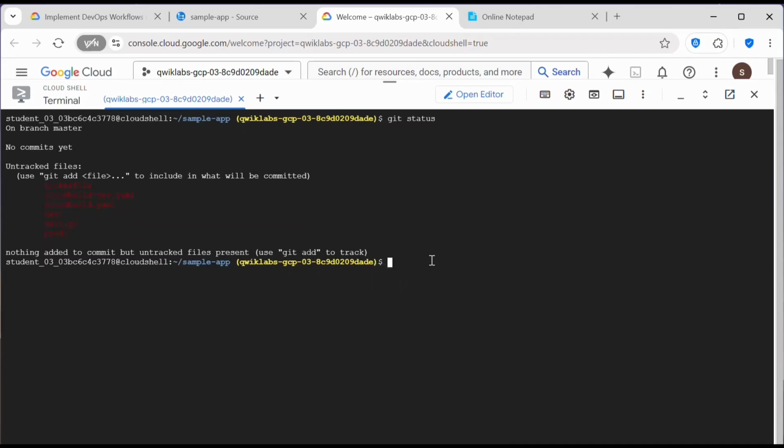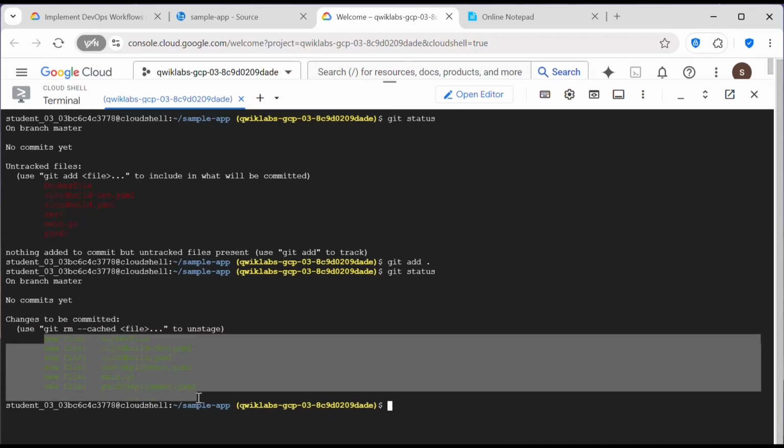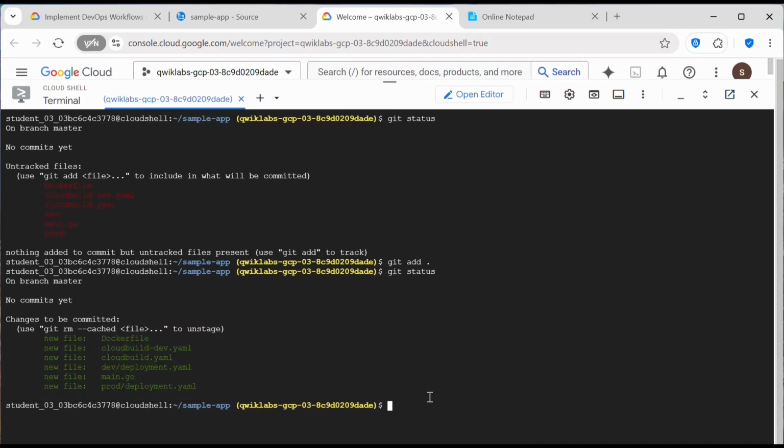So you need to add these files by executing the command git add dot. When you provide dot, it will add all the files. Again, when you execute git status, here you can see the changes. These files are added and need to be committed. So it's still not in the local repository. We have not committed these changes yet. So we have to commit it, but before that,